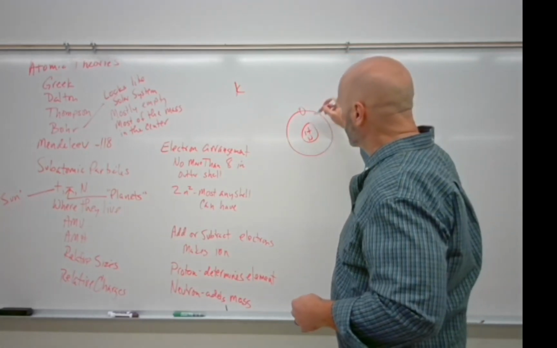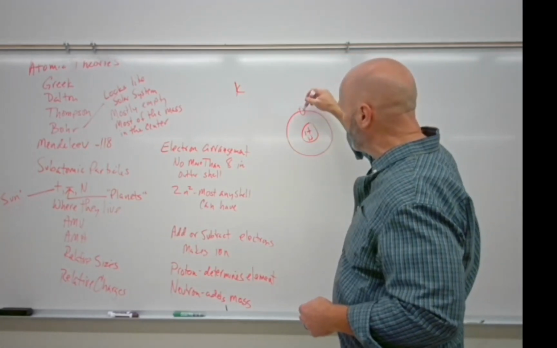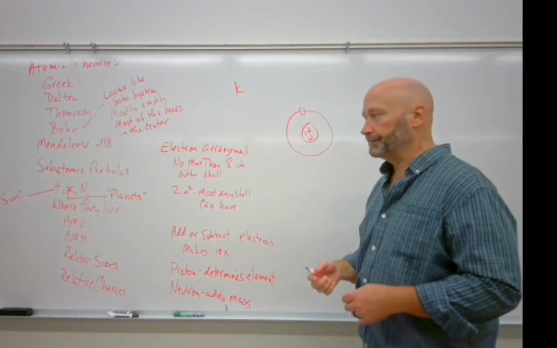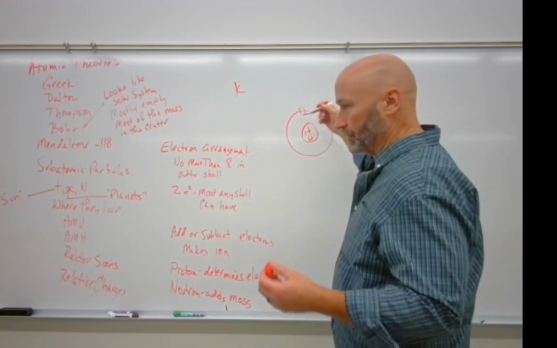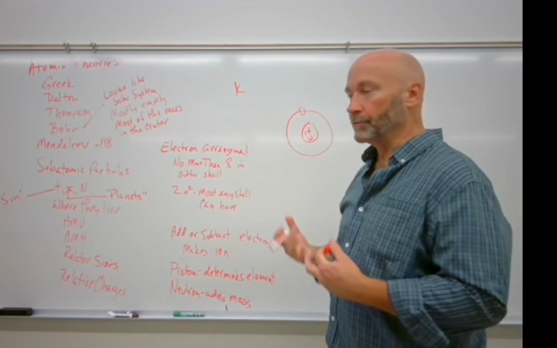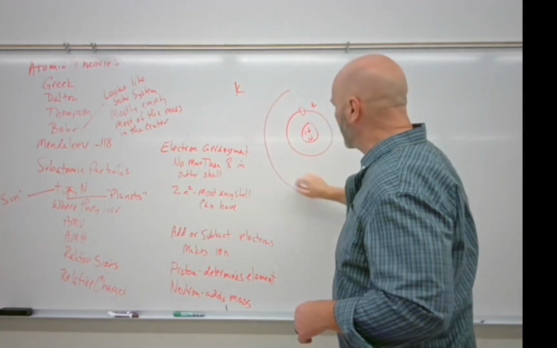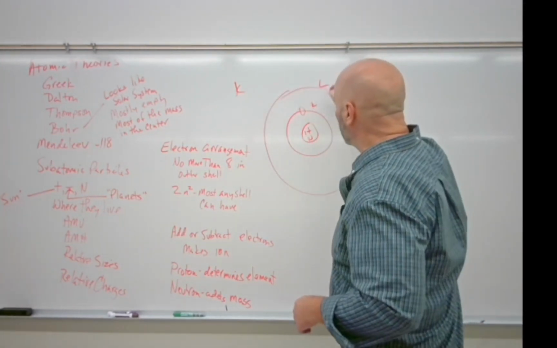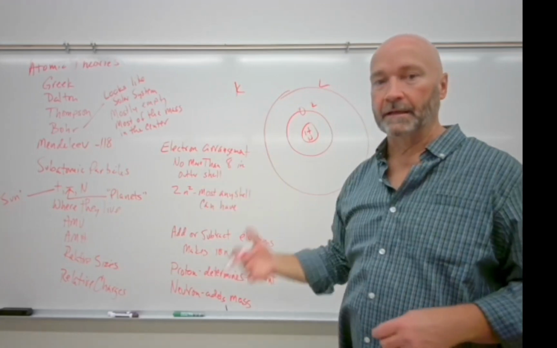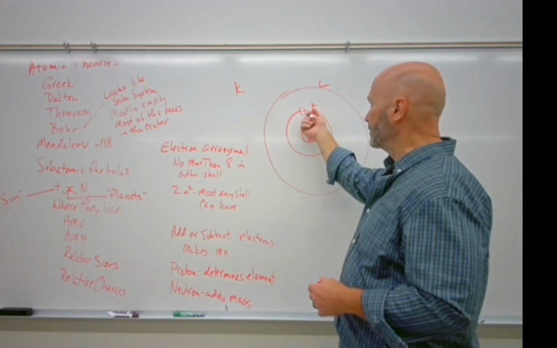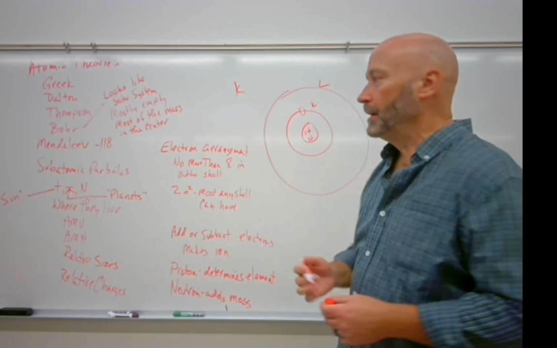But if we have one proton and one electron, then essentially what we have is hydrogen. And it's also neutral, right? So that's your K shell. Your next shell out is going to be L, and then M, and then N, O, and P. It's going to follow the alphabet, but it's going to start with a K shell as the innermost shell.